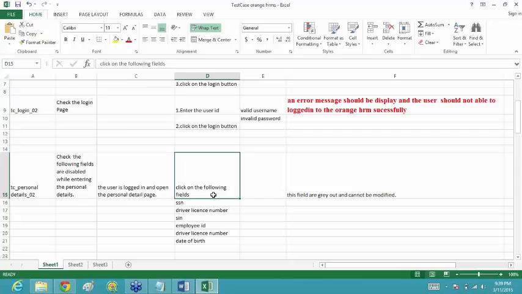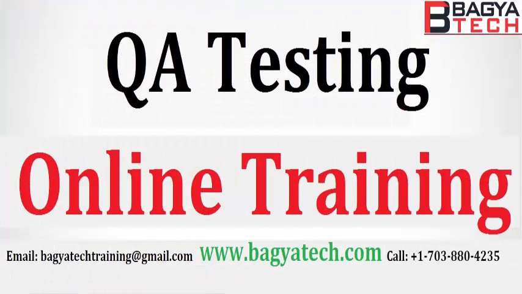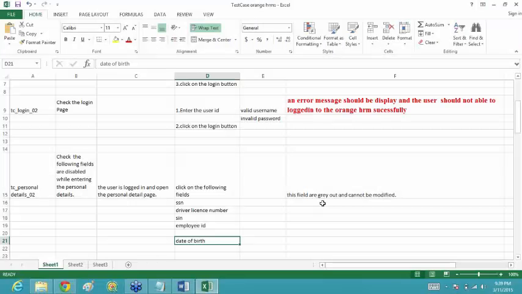Then click on the following fields, that is SSN, driver license number, SIN, employee ID, then the date of birth. These fields are grayed out and cannot be modified.